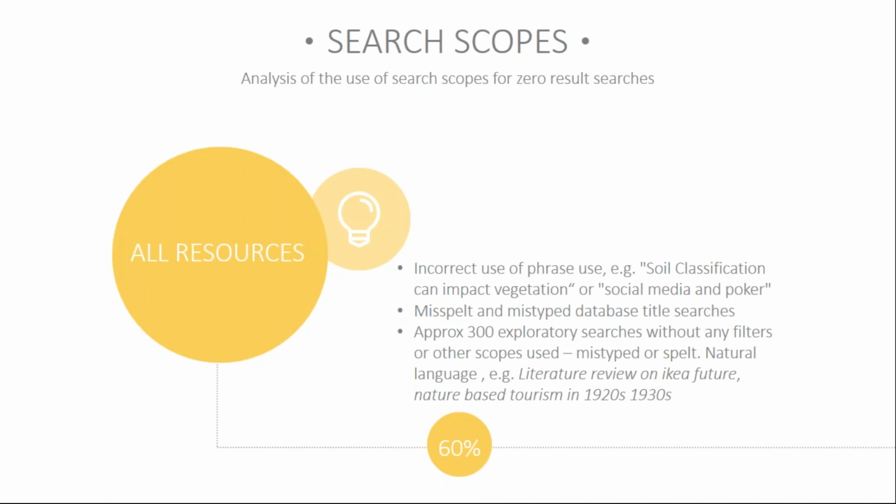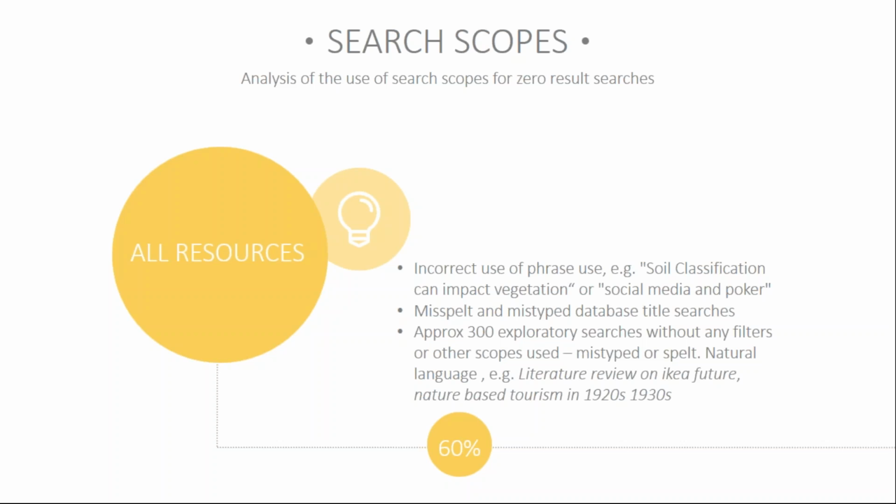Mistyping or incorrect spelling was particularly a problem for database title searches. In one instance I actually found a database spelt 9 different ways, and this was just in the first 4 weeks or so. And out of interest, I replicated these searches in Google and found that all but one spelling retrieved the database. So this could indicate a particular behaviour of students where they feel that close enough should be good enough for Primo to return the result they expect.